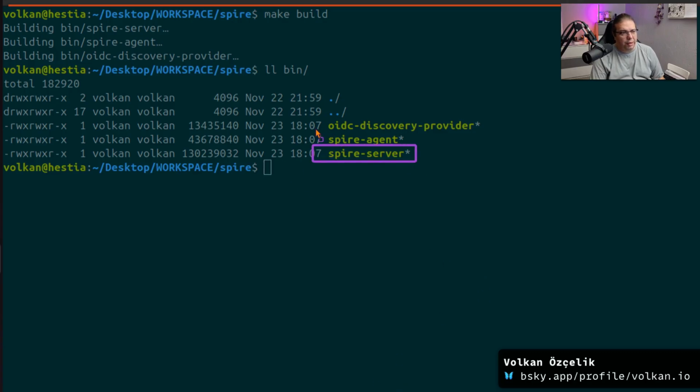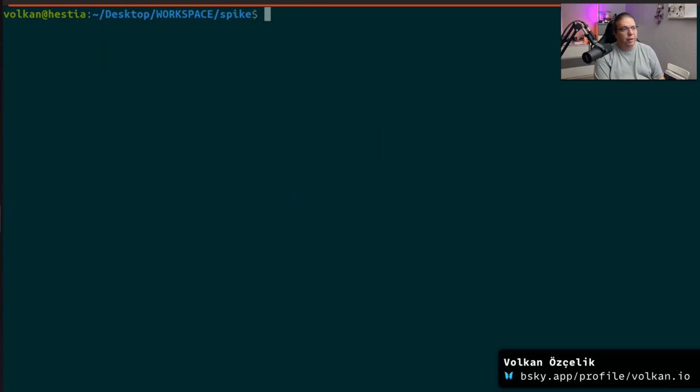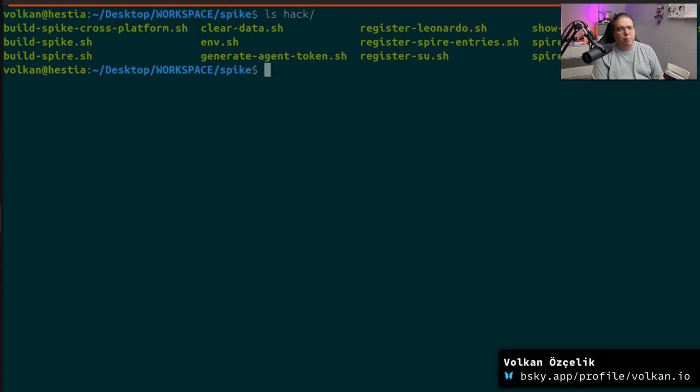So I have two binaries that I use, SPIRE agent and SPIRE server. I am not using the OIDC discovery provider yet. Maybe later down the line we may. But just building it will give you the binaries. And the rest of the workflow that I have is inside this Spike folder. So inside the Spike folder, I have a hack folder where I manage certain scripts. One of those scripts is,